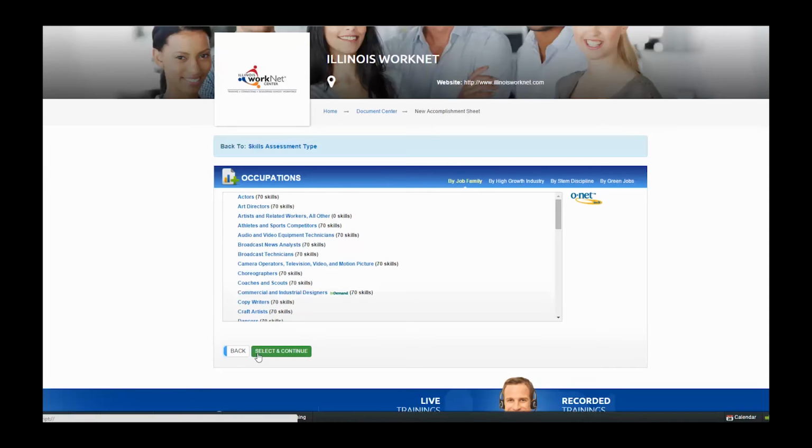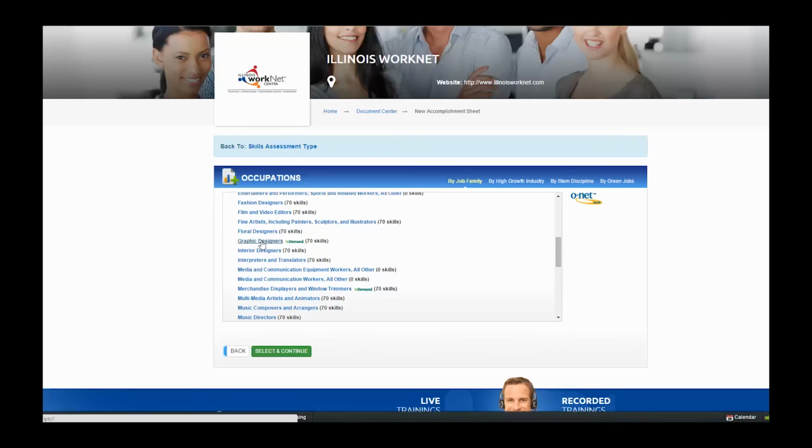Next, pick an occupation. You can see behind each occupation the number of skills associated with each occupation. For this demonstration, we will use graphic designers. It has 70 skills and is considered an in-demand occupation. Click Select and Continue.